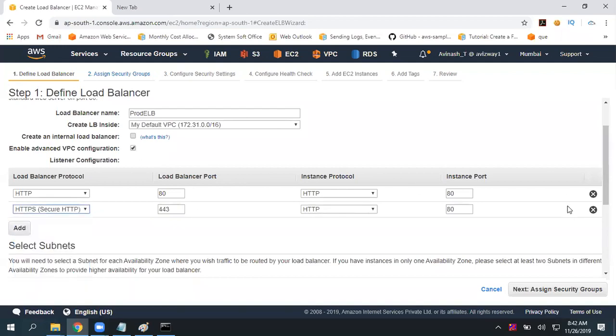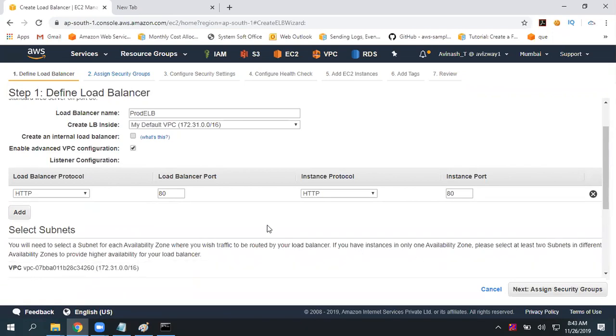But in the next step, you need to browse your SSL certificate. But do we have any SSL at the moment? No, we do not have. We have a dedicated service called ACM. We will discuss this there and come back here again. If you are too curious, I made a video. If you really want to view that, you can, but we are going to discuss that in our coming sessions. So I'm opening port number 80.